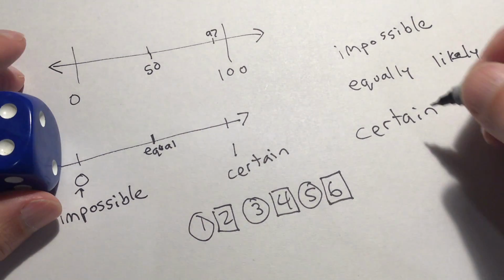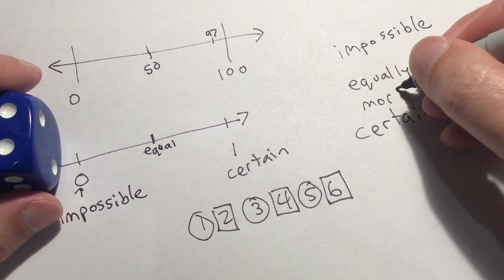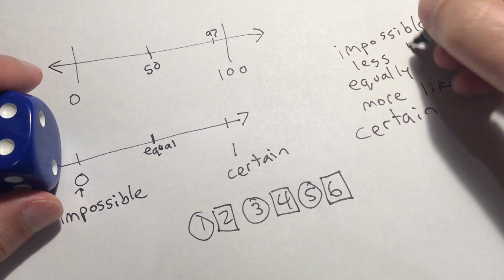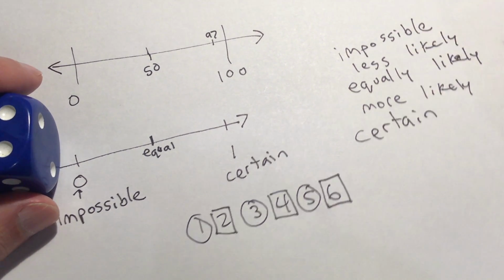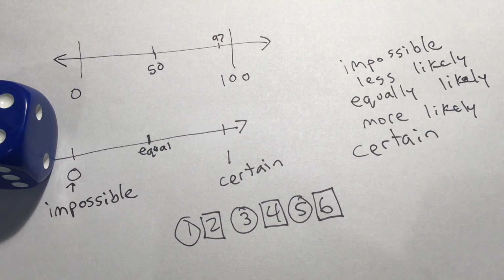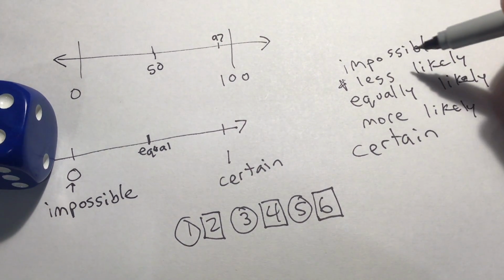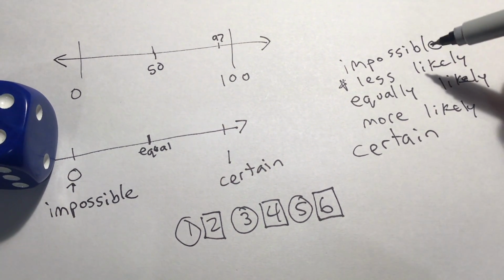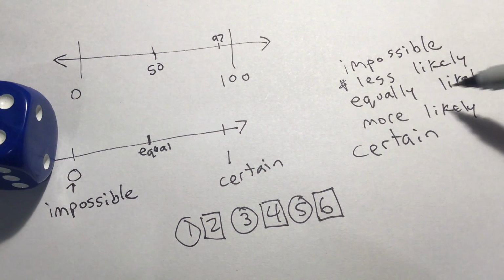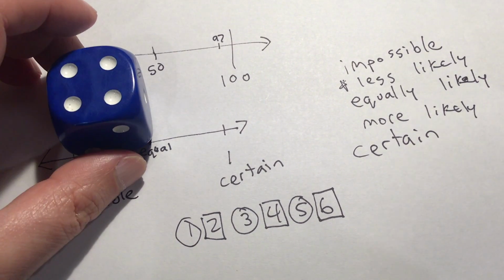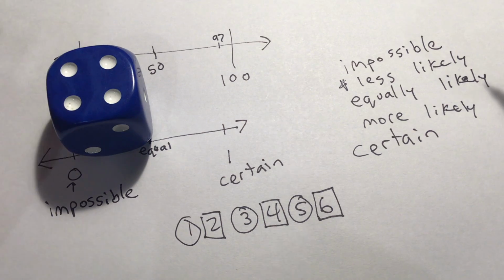Okay, and then we've got more likely and less likely. And all that means is, it's somewhere in between the middle. So let's look at less likely. Less likely means it's between impossible, never going to happen in a bazillion years, and being like half and half, 50-50, equally likely. So in my dice example, I could say it is less likely that I roll